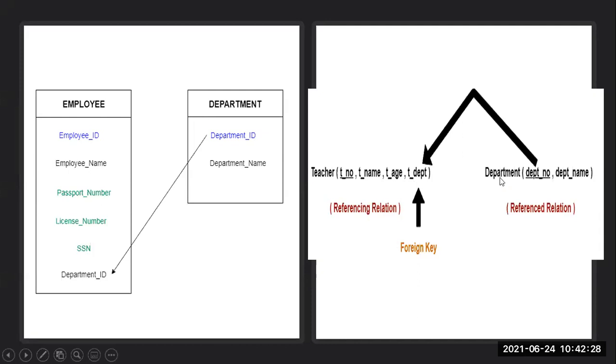Then coming to the next table, the department number, what do we say? Primary key. Why primary key? You are going to give a unique value for that. Department 1 is inserted, and only that one value is inserted. When you try to give the same value 1 again, it will not take. Why? Because department number is mentioned as a primary key, and department name is normal.